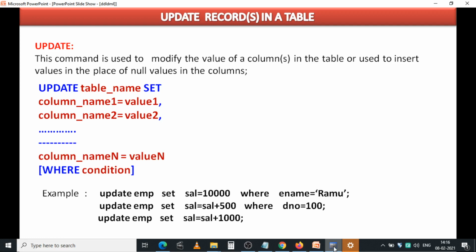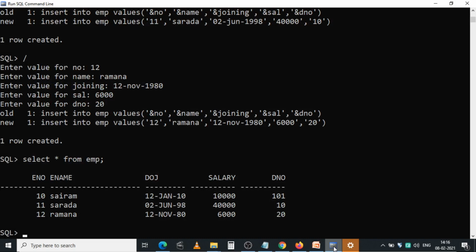Okay. Just go through this practical class. Now I want to update the salary, update EMP. I want to update the salary of employees, salary equal to salary plus 2000.